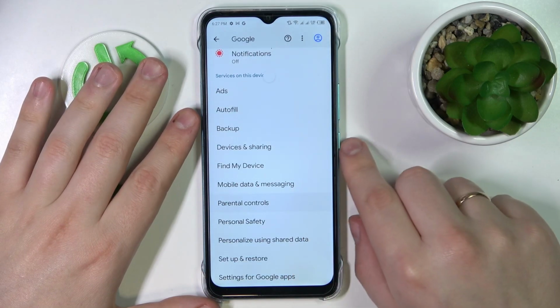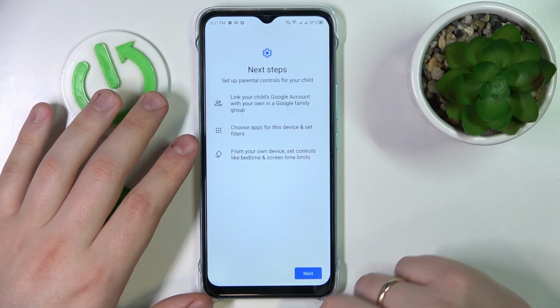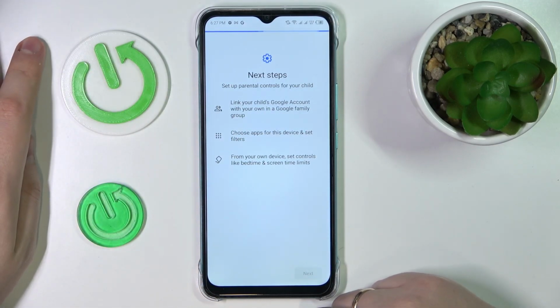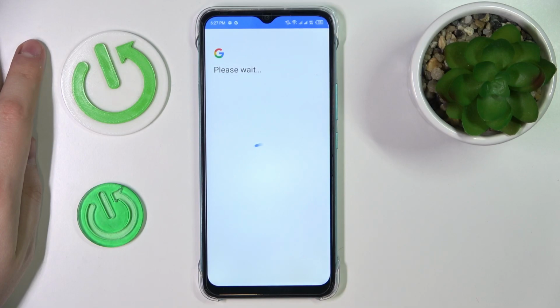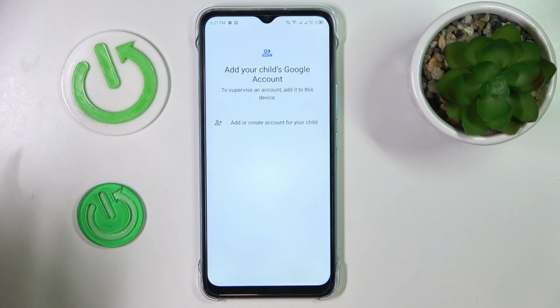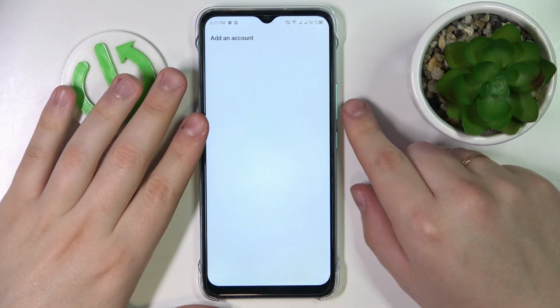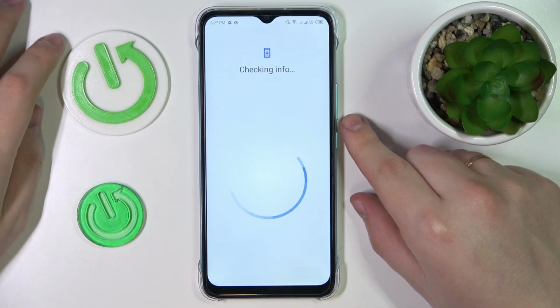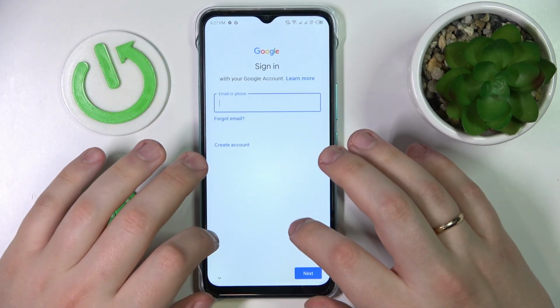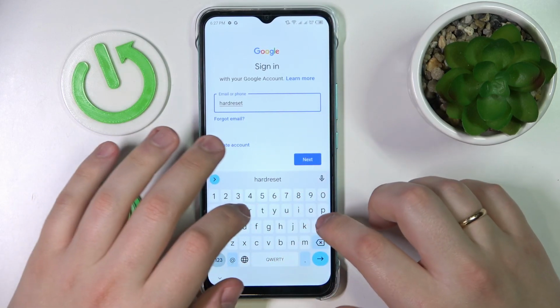tap on the parental controls option at the same Google category of settings, then get started, child or teen, next. Now we will wait for a small moment. In here, tap on add or create account for your child option. If you have already some Google account that you are going to use, just sign in. If not, sign up. I happen to have Google accounts already at my hands and ready to be used, so